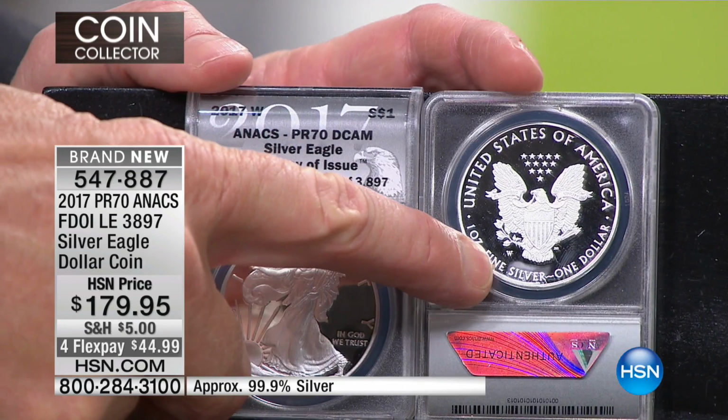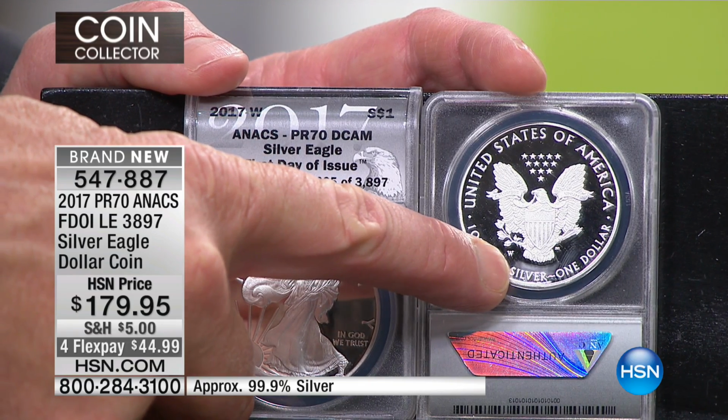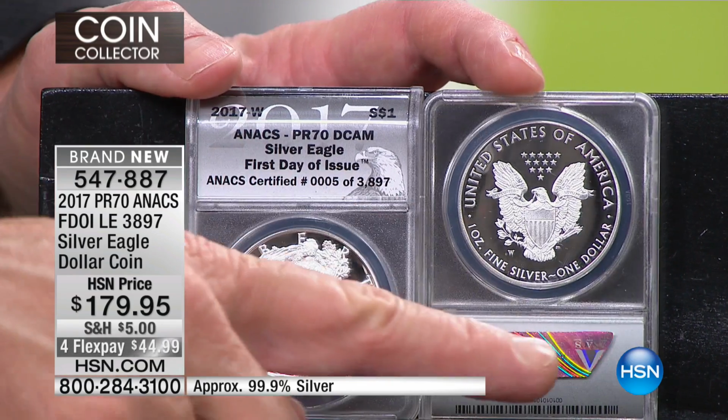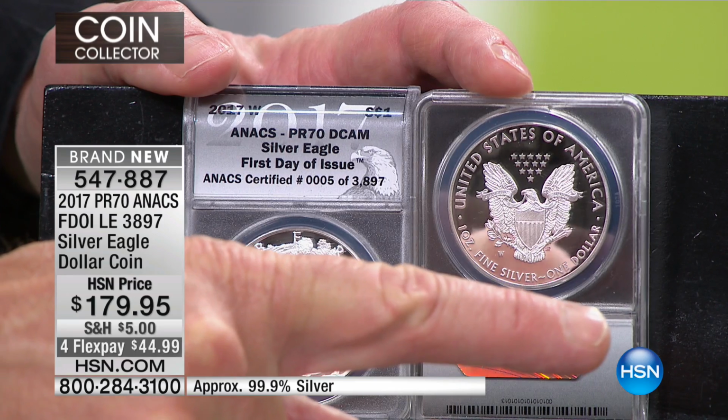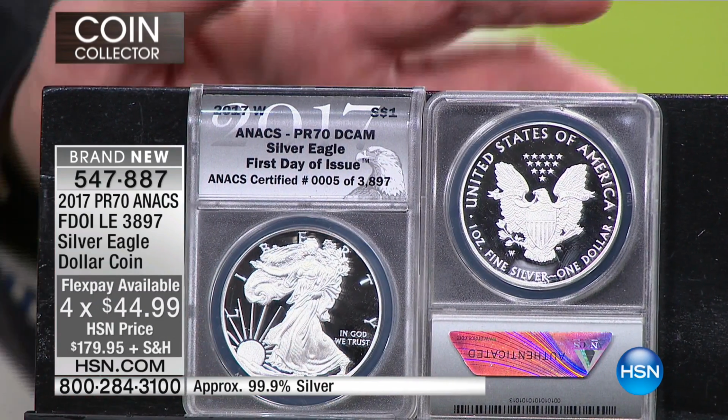And then to do that, they kind of sign the coin as well with a mint mark. They only put mint marks on special presentation coins. And that's what you're going to see right there, that W or West Point mint mark. And there'll only be 2 of those. And you can see that incredible finish. Now, because of the finish,